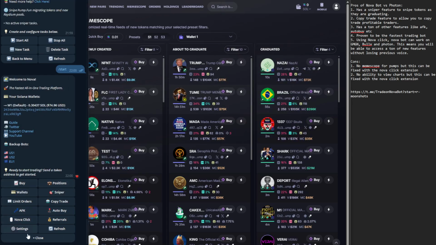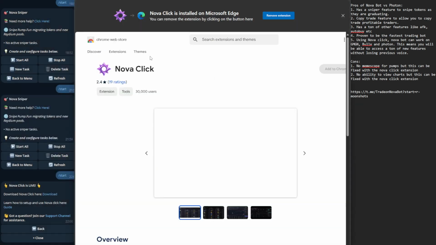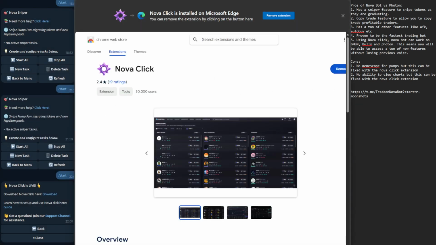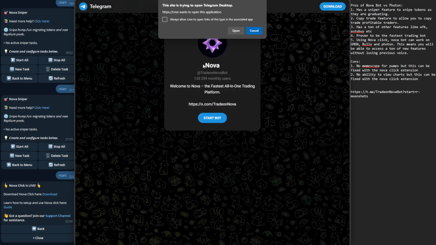So to install Nova Click, all you need to do is go over here to Nova Click, go over here to where you see that download button where it says download Nova Click, download, open it, install the extension. Once the extension is installed, after that you want to go over to a site called click.trade on nova.io, and you see this little Telegram icon here that says connect. Click on this button and this will open up this interface. Click open to open up in Telegram,